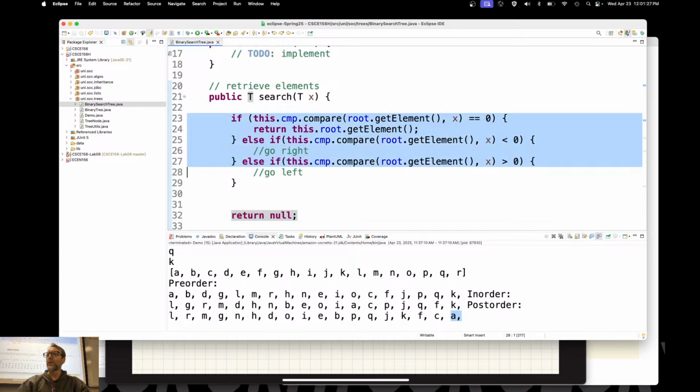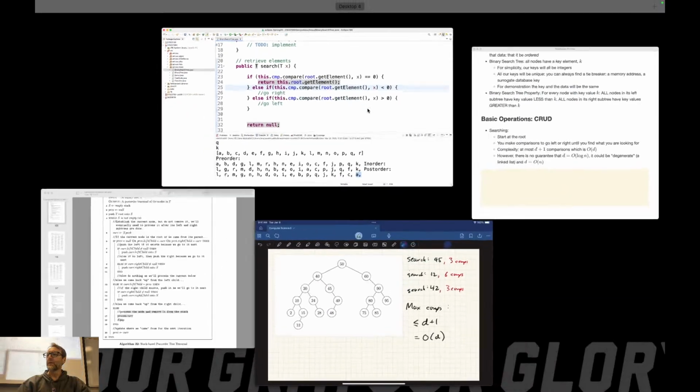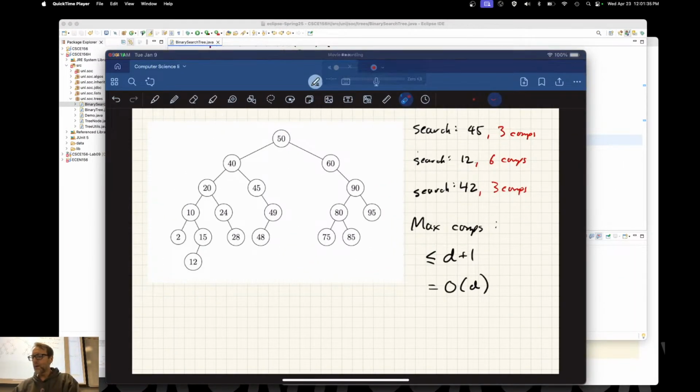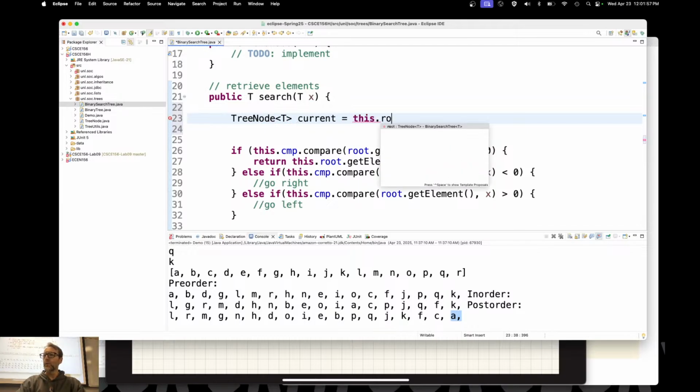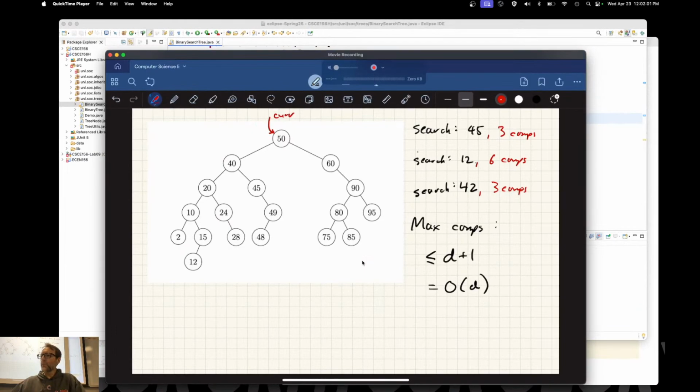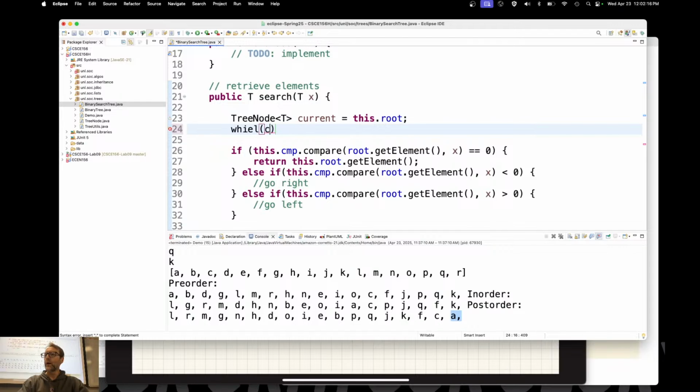I've only done it for the root, by the way. Let's generalize this. Okay. So let's think about how we did it over here. Implicitly, I was keeping track of a current node where I started out at the root. So let's establish a current node instead. I'll keep all that just for now, but we're going to modify it. So a tree node t current is equal to this dot root. Now when do I stop? When did we stop with this unsuccessful search, this 42? We went left, we went right, we went left, and at that point, what's the current node? Null. So while the current node is not equal to null,